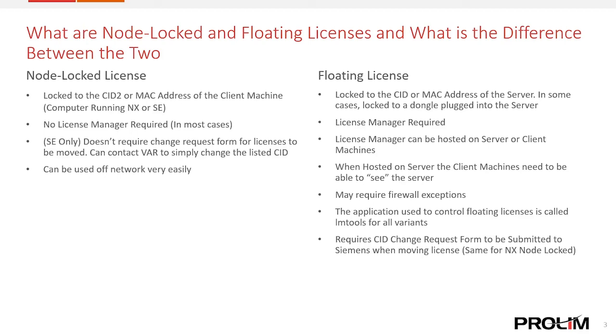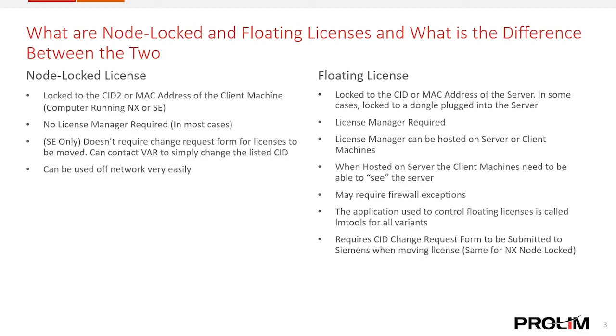Now the license manager is required. So this is an installation that'll happen on either a server or a client machine. So say for instance, back to my previous example, you actually don't have a server, right? So you're pushed away from floating because you don't have a server, right? And you don't have anything to host those licenses. What you could do, as long as you have a company network, so everyone runs on the same network, right? In your office, you might have the power user host the license manager as well on his machine